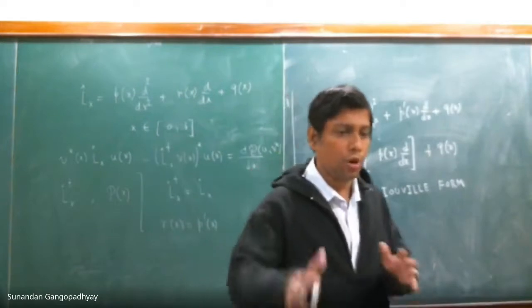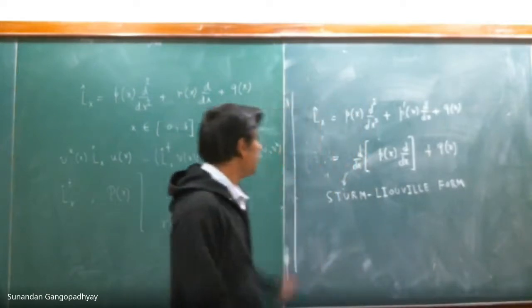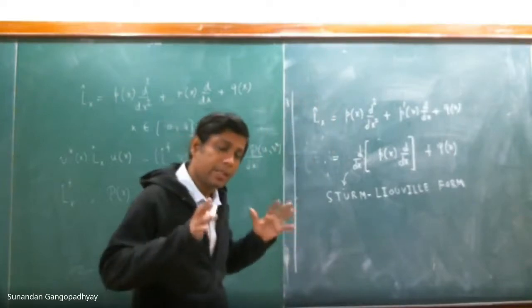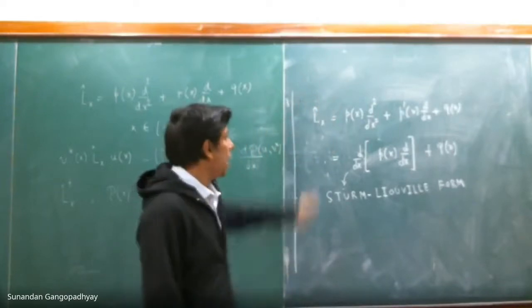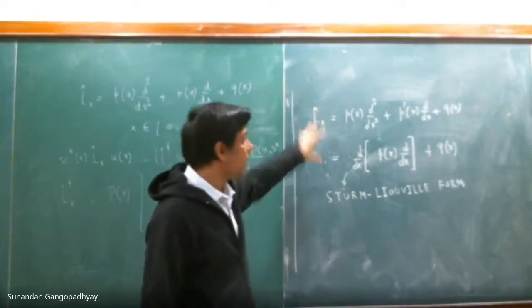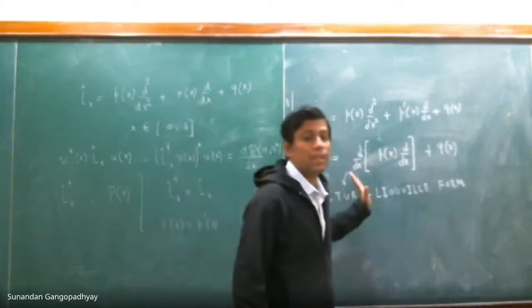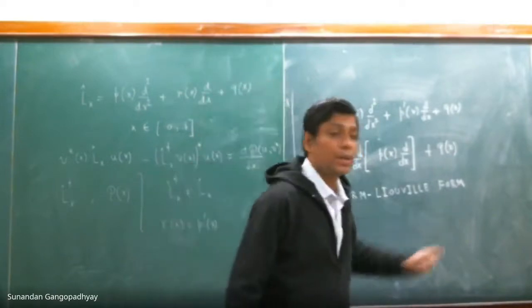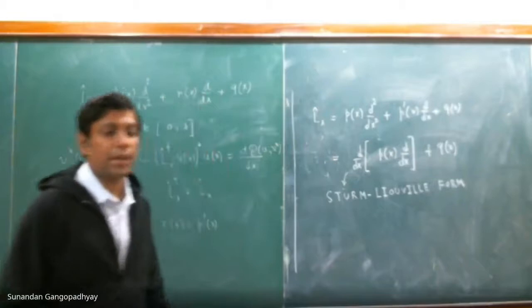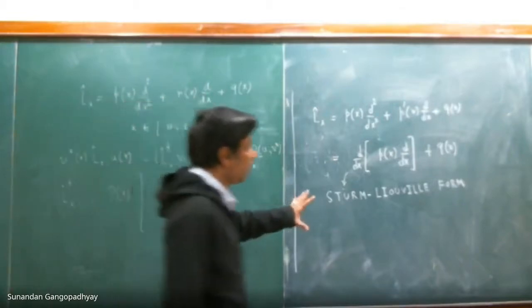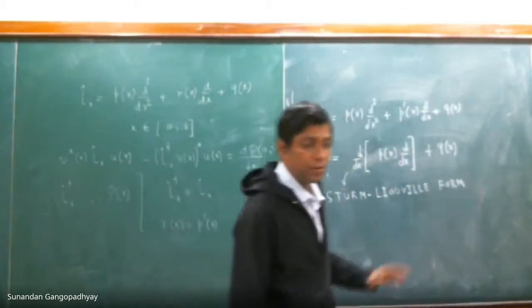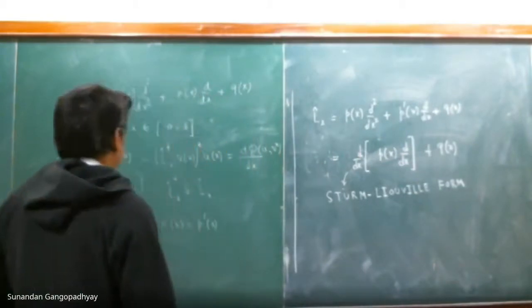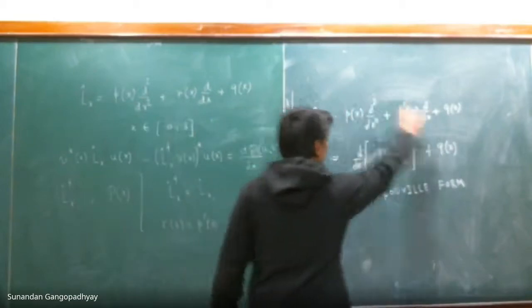If you notice carefully, they are basically second order differential equations. And those second order differential operators can actually be cast in a Sturm-Liouville form. So this is the form in which you can cast those equations, those operators. And this form is therefore very special because it plays a very important role in those special functions in mathematical physics that we encounter. Anyway, so this is the Sturm-Liouville form, and now